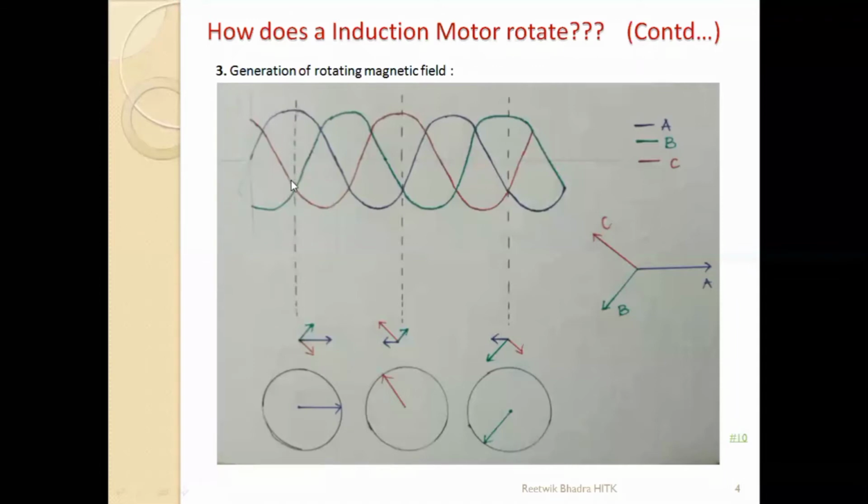Over here what we are taking is that you see at this point, dotted line. At this dotted line you are finding this blue line over here. This blue line is reaching its peak at this dotted line. So if you see, this is the dotted line, blue means A, peak means positive peak of A. The positive direction of A is given over here in this direction, blue line. So I have drawn it over here.